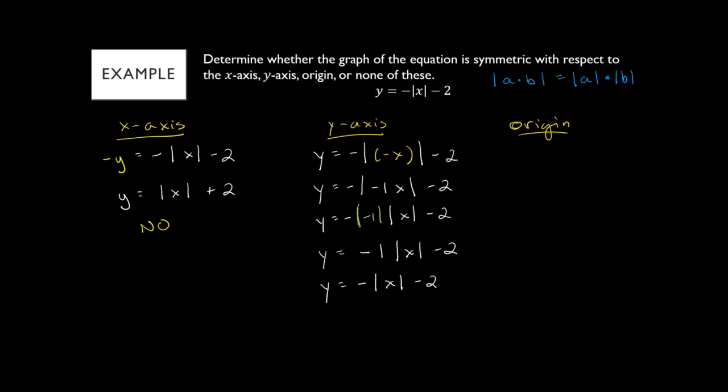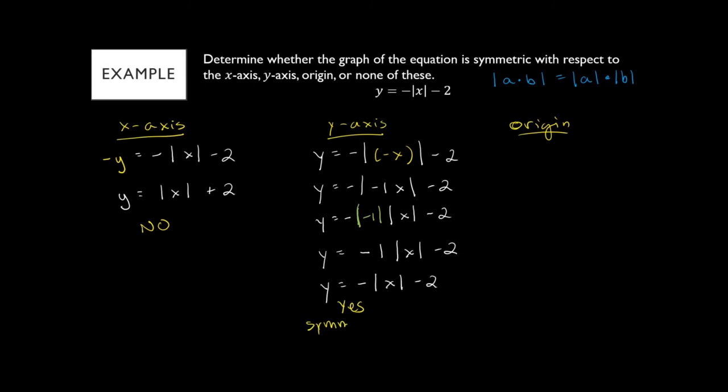So I wanted to show this one because I wanted to show how you simplify something with an absolute value of x and an absolute value of -x. When you have that absolute value, the absolute value on the x part doesn't disappear, because we don't know whether x is positive or negative. So the absolute value on the x doesn't disappear, but we can take that negative and make it positive because we know that's a number, and the absolute value of the number becomes positive. So just a little tricky thing here when you deal with absolute values and then you're trying to test with symmetry. But because we got the same thing out,